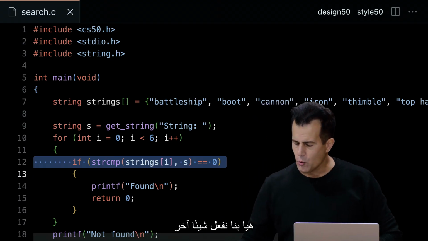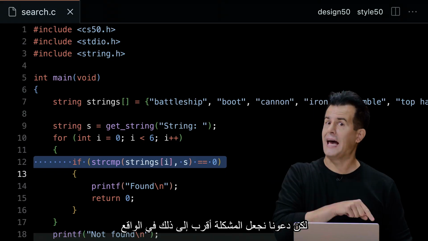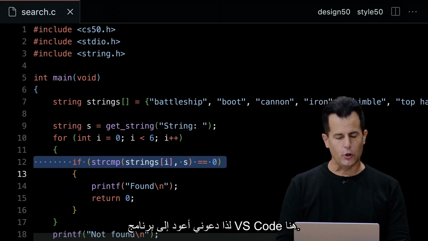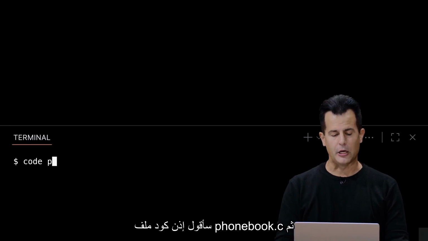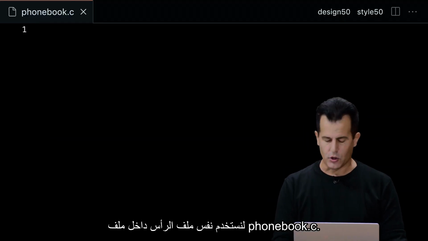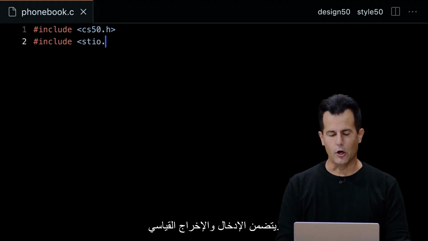All right, let's do one other example of linear search, but let's make the problem more like that in week 0 of searching a phone book. So let me go back to VS Code here, close search.c, and let's make an actual phone book. I'm going to say code phonebook.c, and then inside of phonebook.c, let's use our same header files. So include cs50.h, include stdio.h,